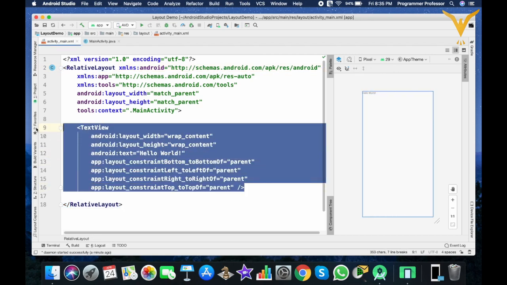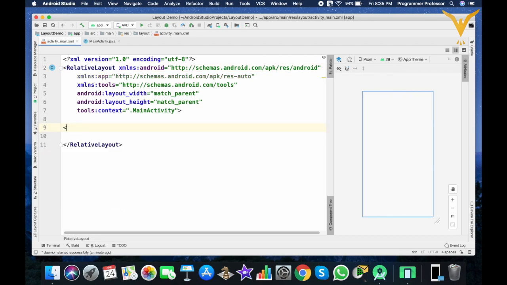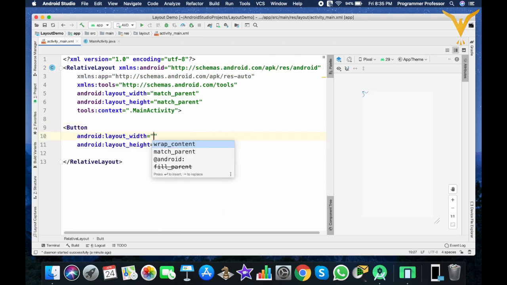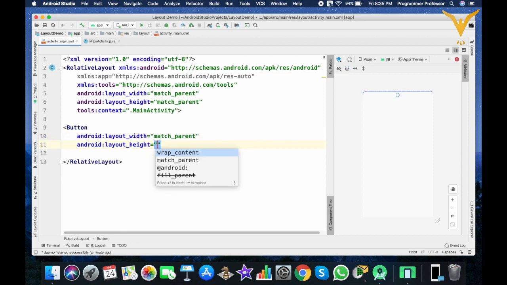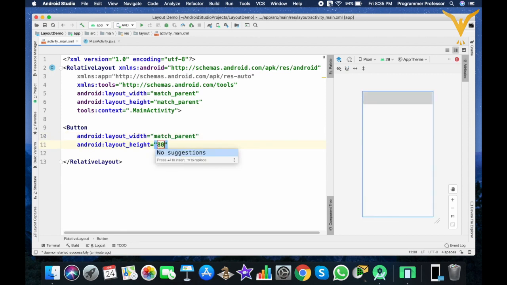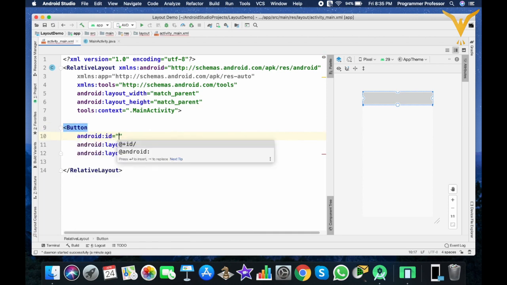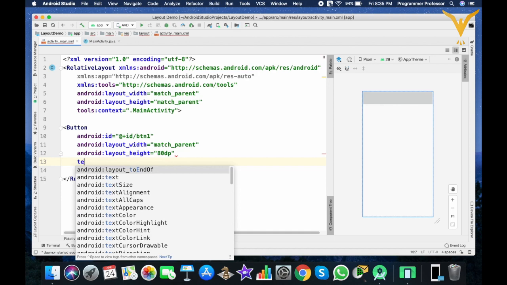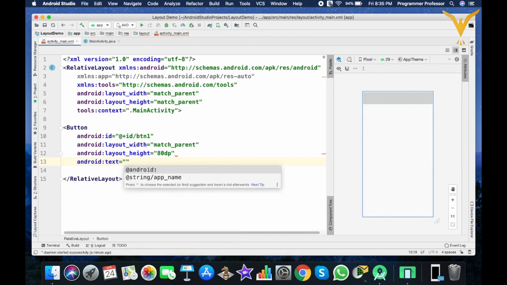Now we will add 3 buttons: button with width as match parent and height as 80 dp. Then we'll assign id btn1 and text button1.